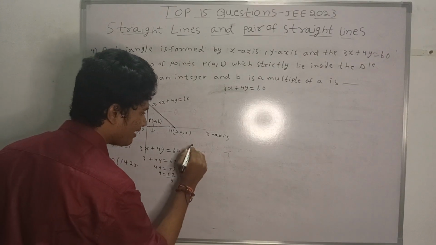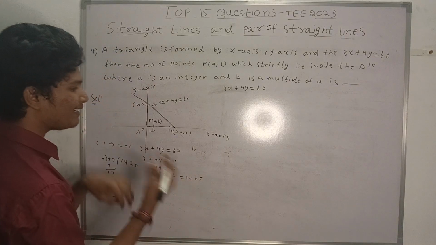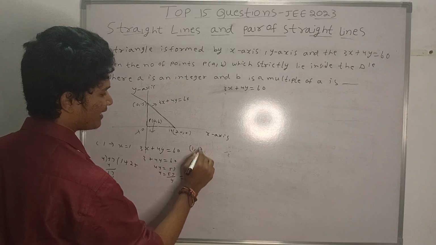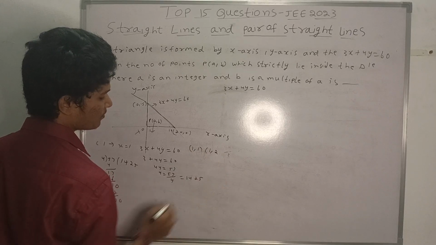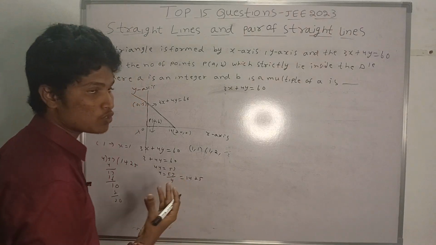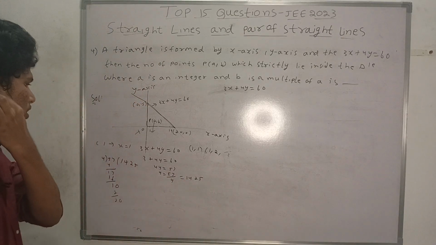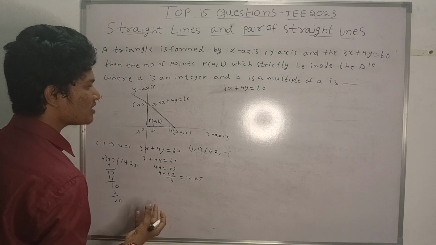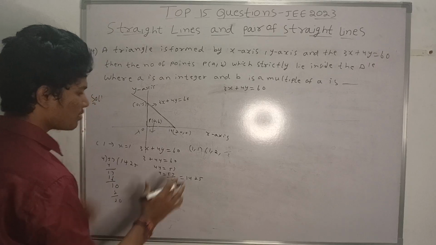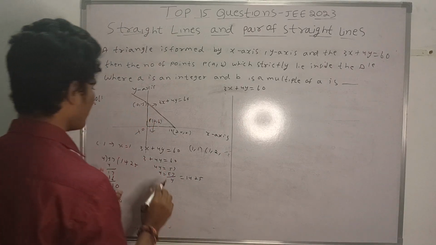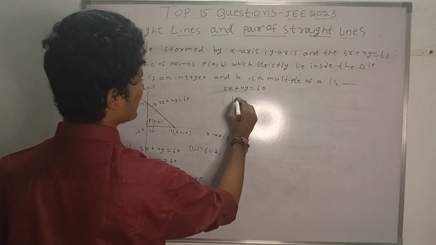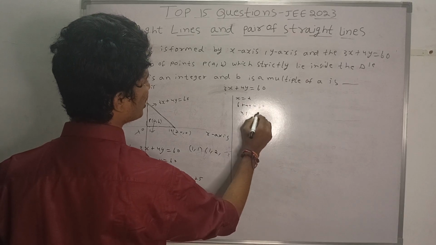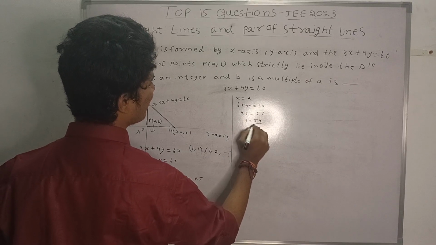So when I take A as 1, what can I take as the remaining? Multiples of A. That is (1, 1), I can take (1, 2), I can take, that is multiples. You have to take multiples only. So how many possibilities must there be? That is 14 possibilities. Like that you have to check. This is the case of 1. When I take 2, when I substitute x equal to 2, that is the second case, 6 plus 4y equal to 60, 4y equal to 54, y equal to 54 divided by 4.